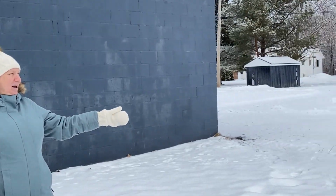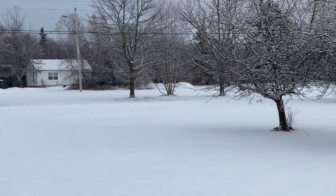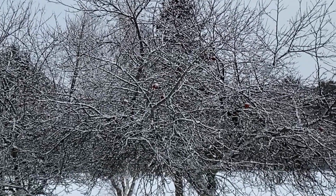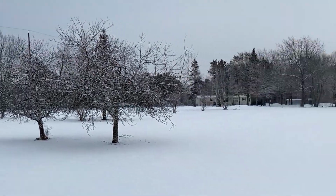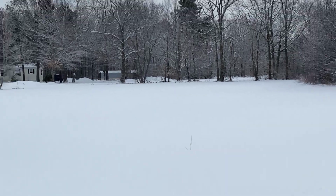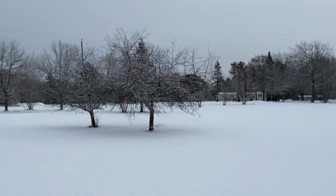If you keep panning around, you're going to see some fruit trees. These are both apple trees, but we do have a couple of plum trees planted, and we do plan on adding to this orchard eventually. In the back we have a maple tree that we're hoping to tap this spring. And over on the right,